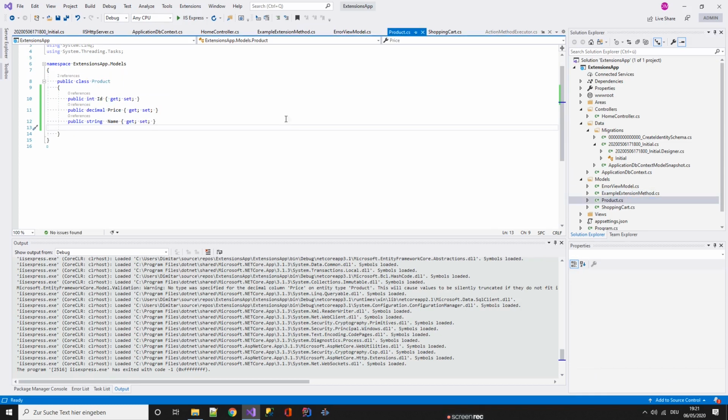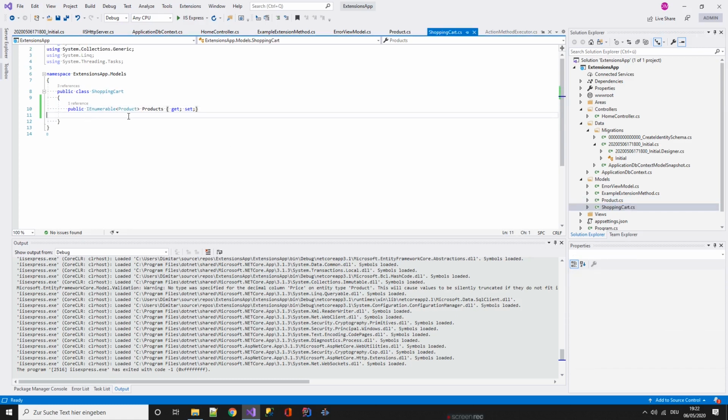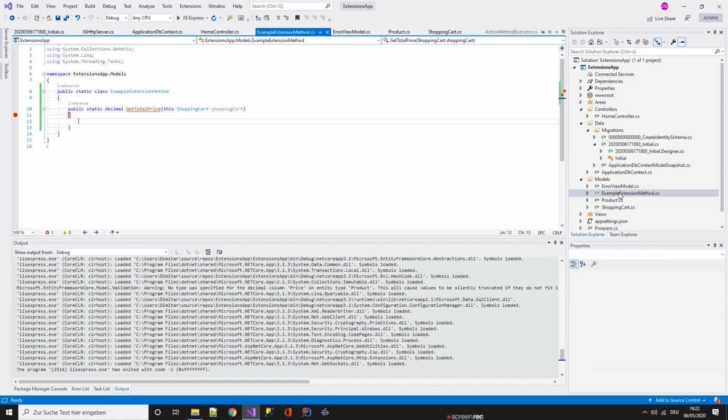So I have an entity product. Product has ID, price and name, and I have a shopping cart. I have just a list of products as an enumerable. And what I need is one extension method. Why is this class static? Because I don't want